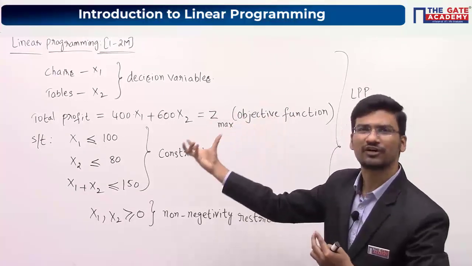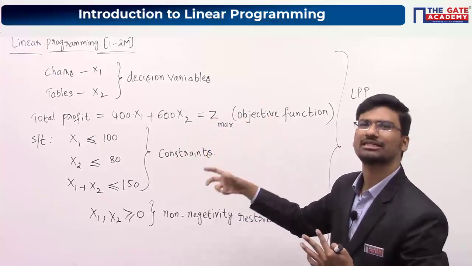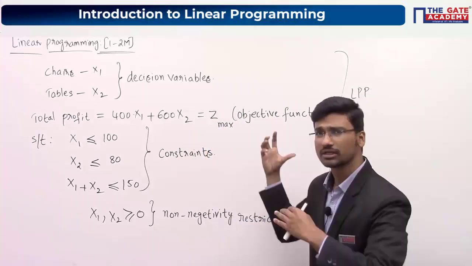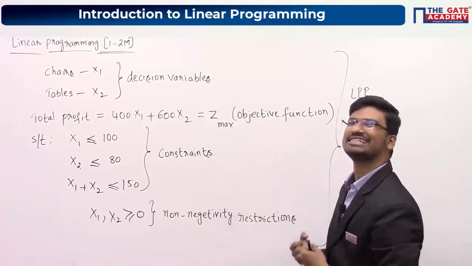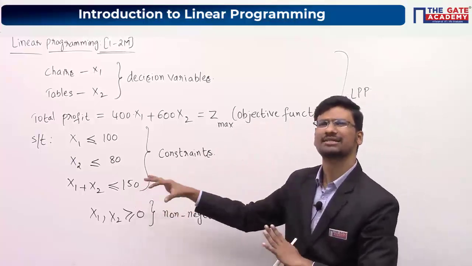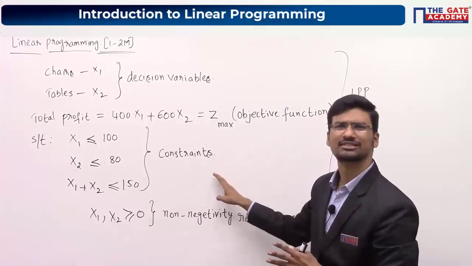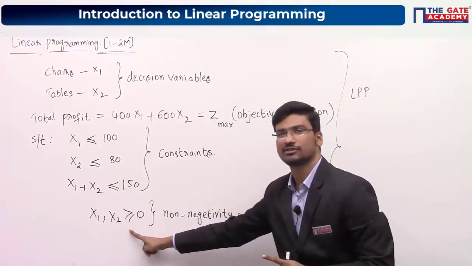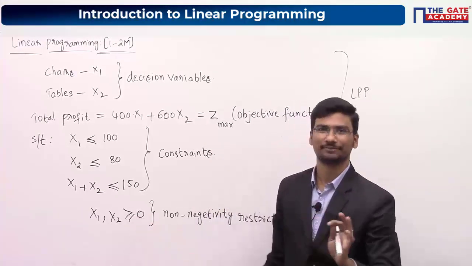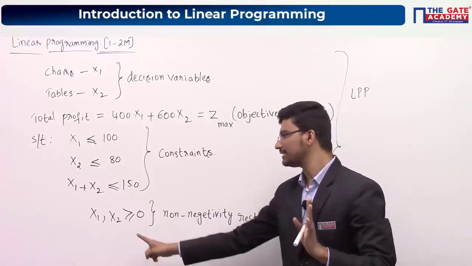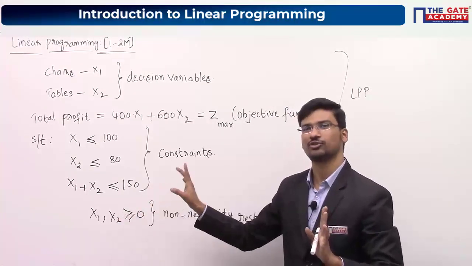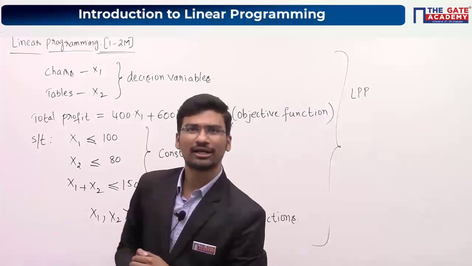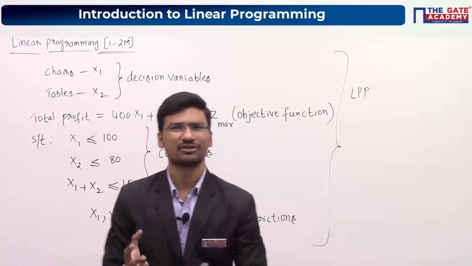The objective function is given, it is minimization or maximization, and this objective function is subjected to constraints like this and so on. They will be using these terms only. Constraints or restrictions, both are the same. Always your x1 and x2 values will be greater than or equal to 0 only. In our syllabus, we are dealing with these two only: x1, x2 greater than or equal to 0. I'll take some doubts if you have anything. I just gave some notation.